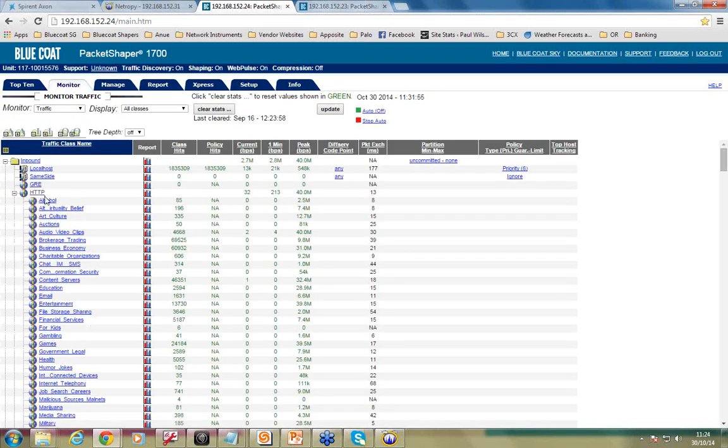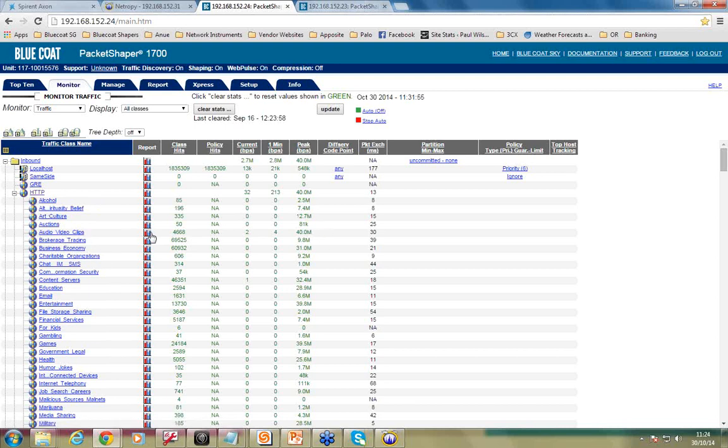So Blue Coat, I know one of the things they're known for is web filtering. So you can now integrate the packet shaper into the URL rule set. So it's not to deny marketing access to Facebook or social media. This is to say all the traffic is actually classified as this type of web traffic. So I can go in here and say